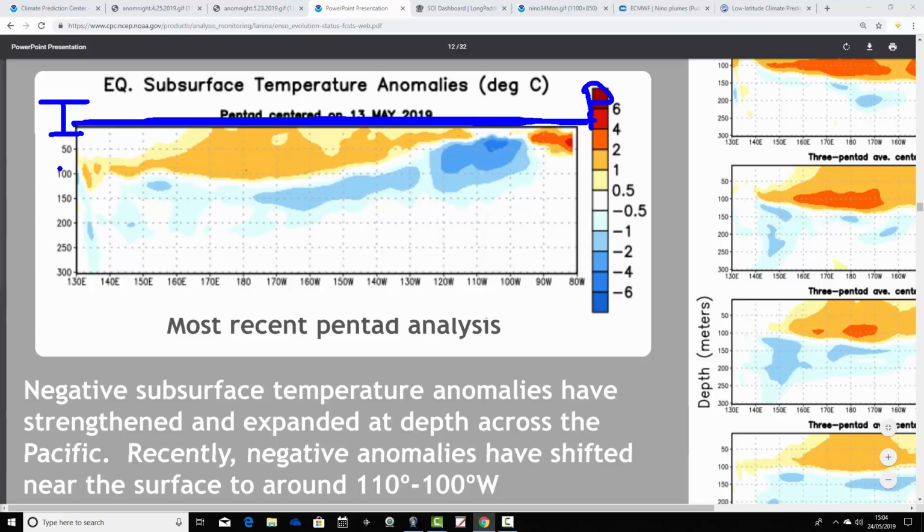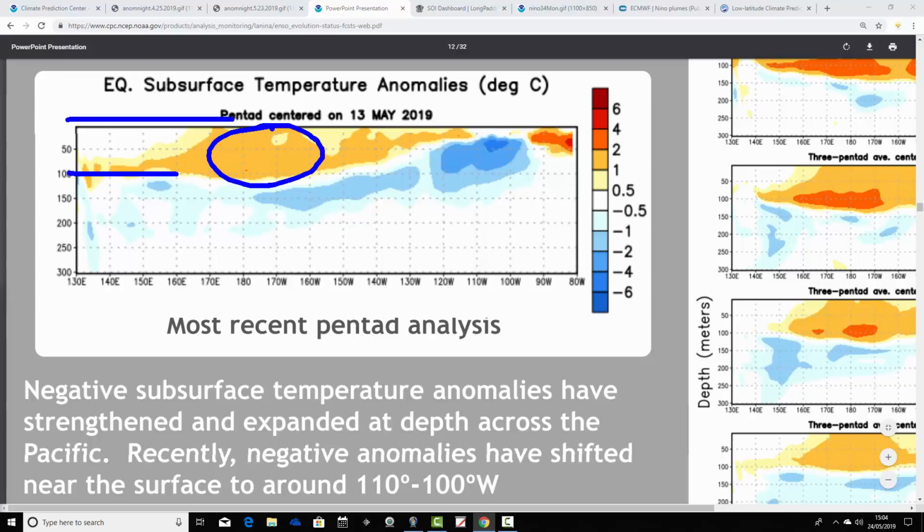And then we've got the depths of the Pacific Ocean just here, starting at around 50 metres, then going to 100 metres, then 150, 200, 250, all the way down to 300 metres. Very, very deep ocean, of course. So you can see that up towards the surface, we still have the lingering signature of El Nino. We still have these orange colours here between the surface of the actual Pacific Ocean and down to 100 metres. We still have the signature of El Nino. It's around 1 degree above average.